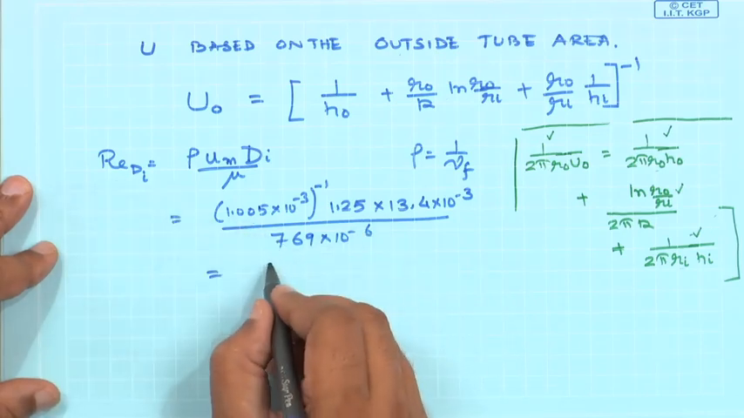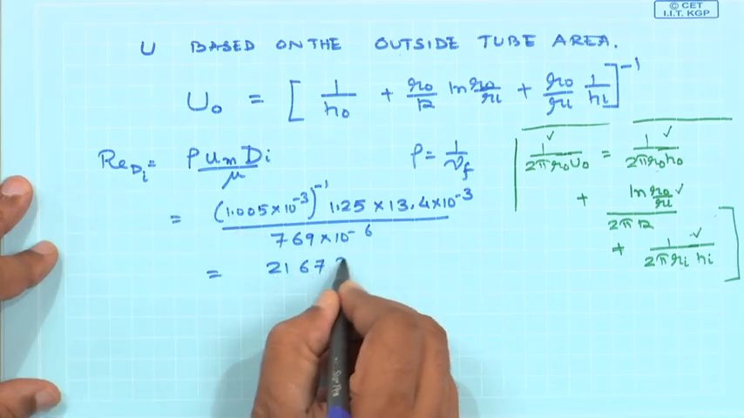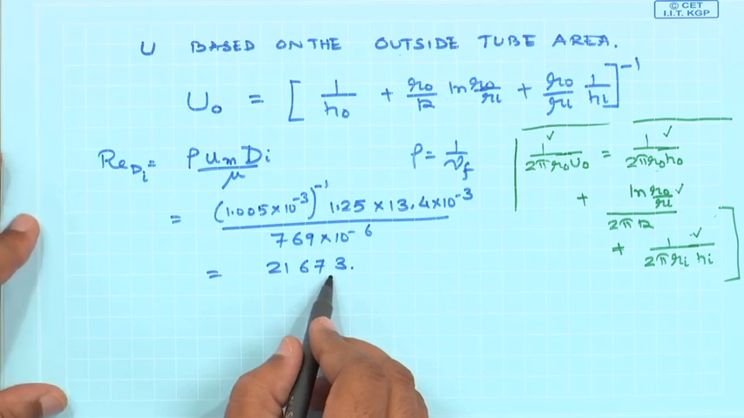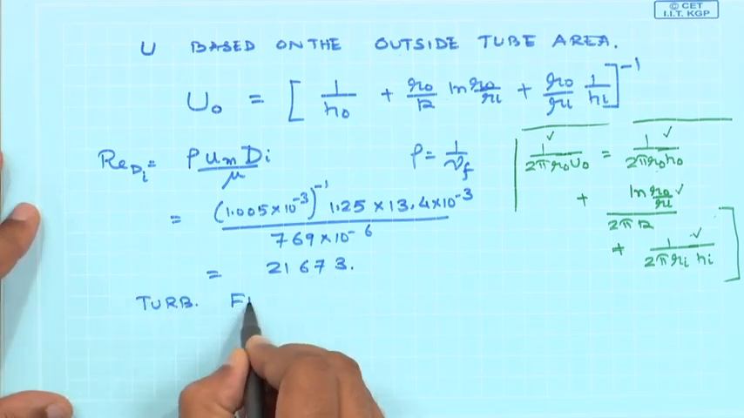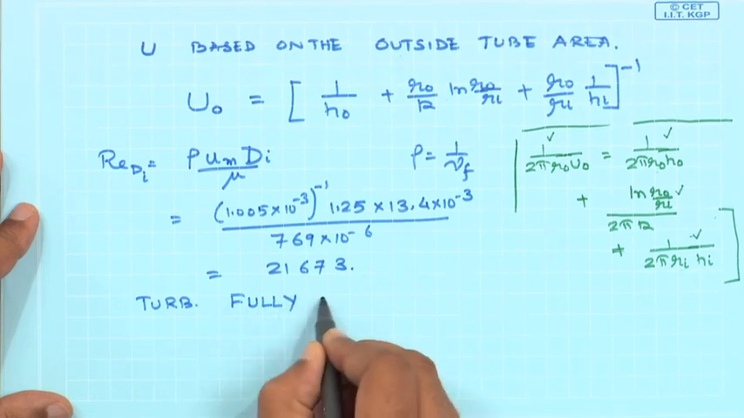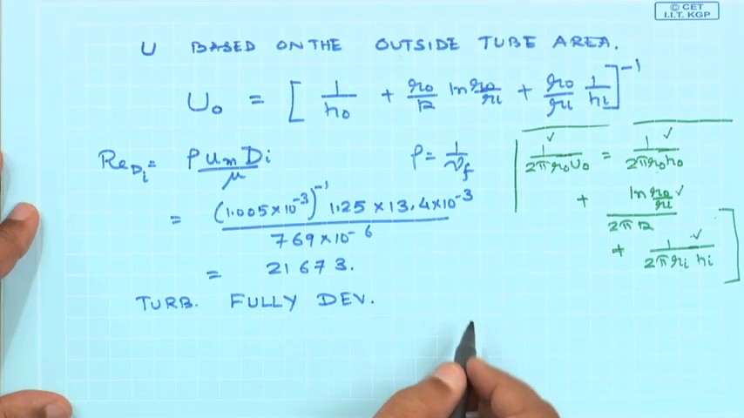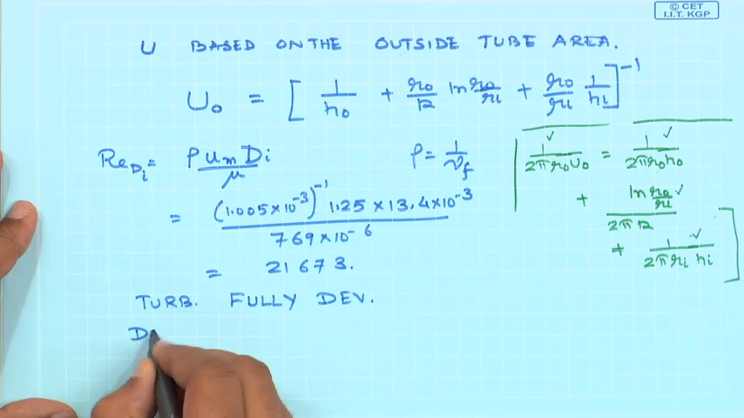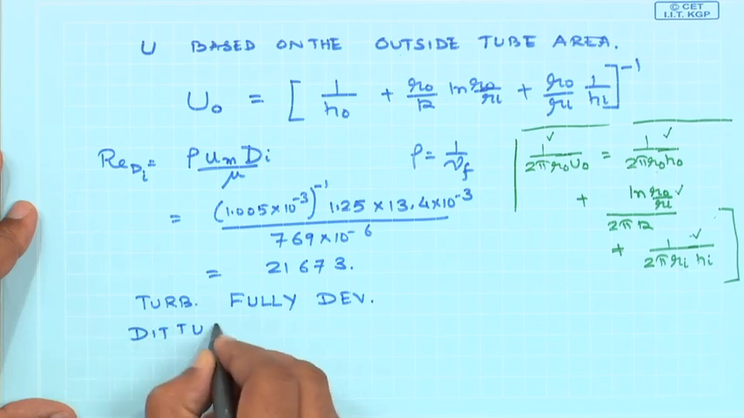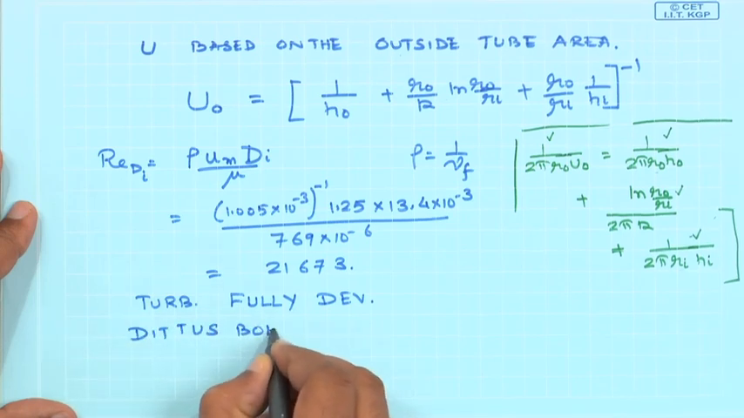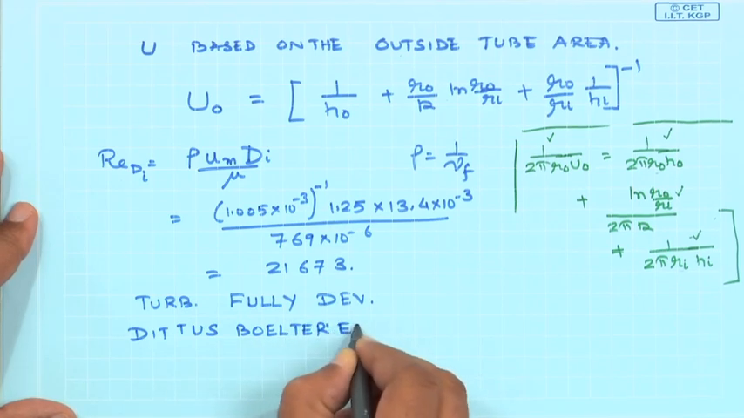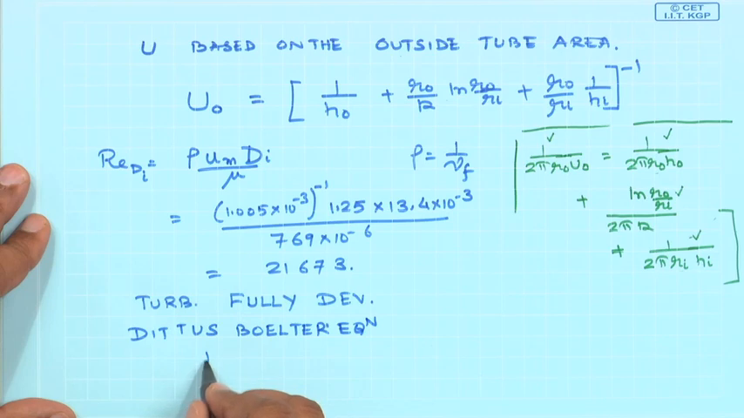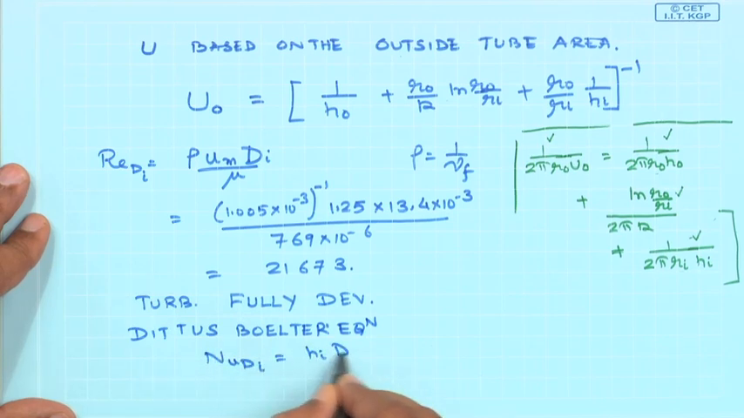So, this would turn out to be 21,673. So, obviously, it is a turbulent flow, and it is fully developed based on whatever we have studied for that case. So, I am going to use the Dittus-Boelter equation, and the Dittus-Boelter equation would simply give you the Nusselt number based on the diameter, h_i d_i by k_f,